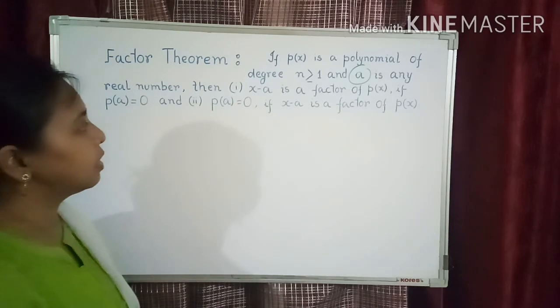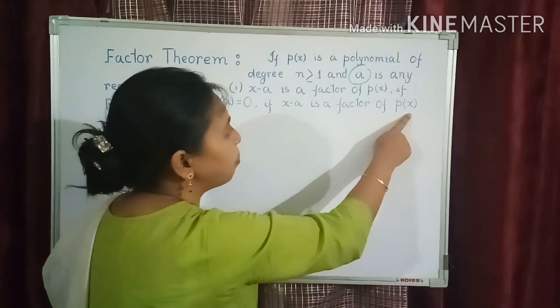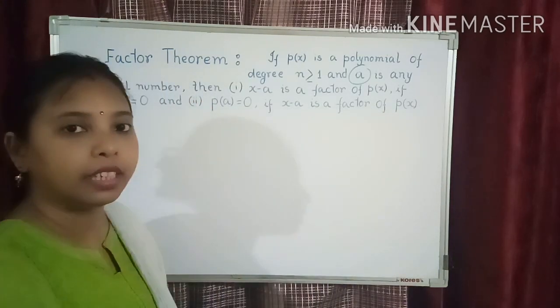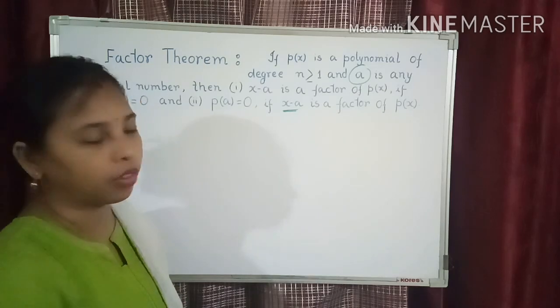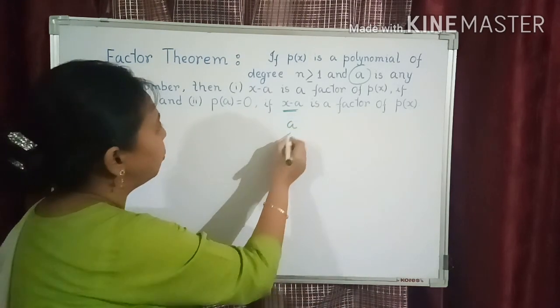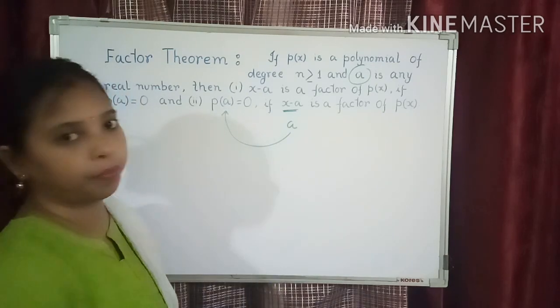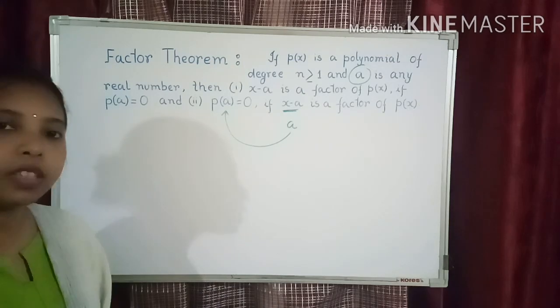And the second one is, if already we know x minus a is a factor of P(x), then the zero of x minus a, if we find out, which will be a, and if we put it in place of x, then also we will get 0. Because I think you know that